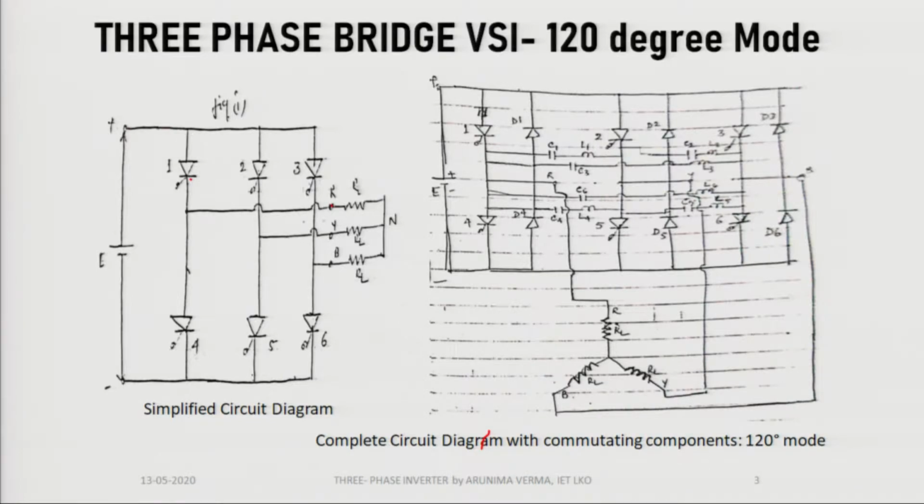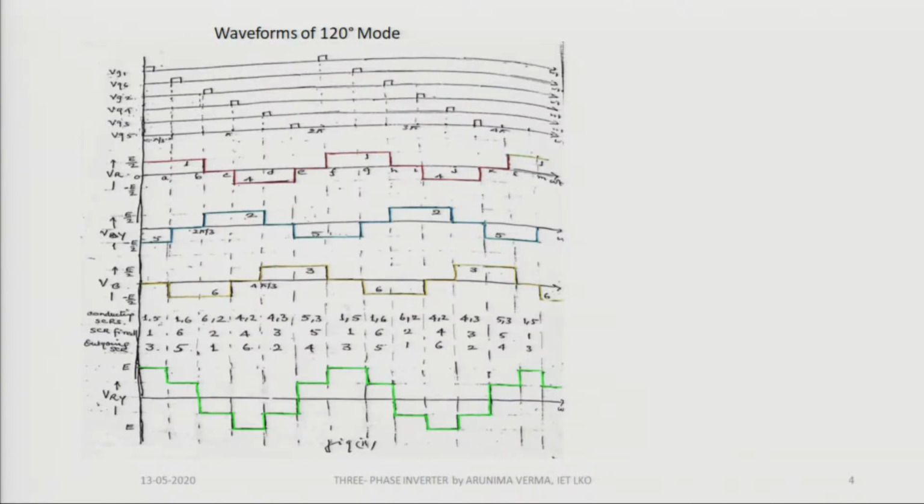Now, this I will tell you a little later. We will directly switch on to the waveforms, which are to be explained in an elaborate manner. Since we are giving a DC input, obviously we are going to get an alternating AC, which means alternate cycles in each output waveform. This is the R phase waveform, this is the Y phase waveform, and this is the B phase waveform.